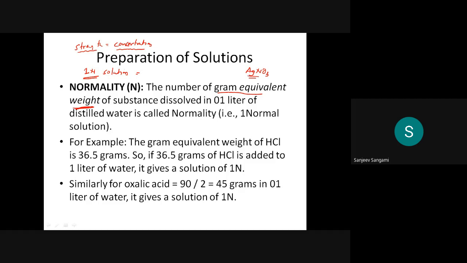Then how to prepare AgNO3, one normality of AgNO3, one molarity of AgNO3, one molality of AgNO3, that you should know. So in the previous class, we discussed the first one,